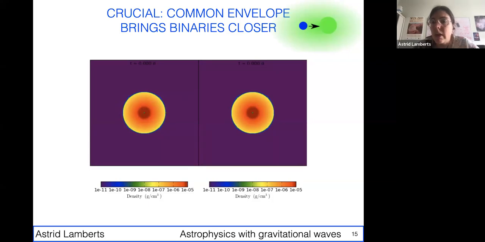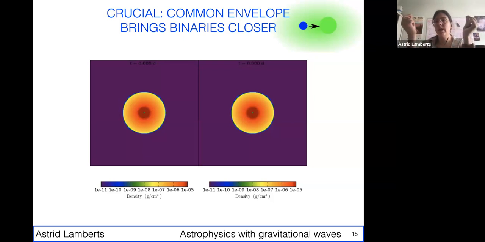So I'm showing a cartoon picture here on the top right, where you have your compact object in blue, and then the companion star has an expanded envelope because it's become a giant, and the compact object really lives inside this envelope. And because it's living inside of this envelope, there's a lot of friction.